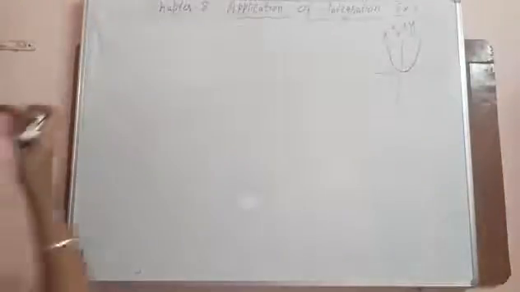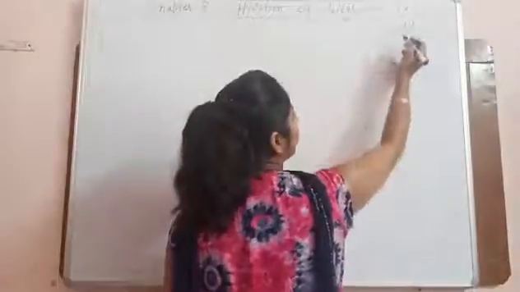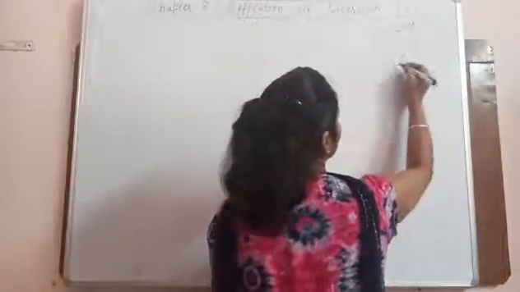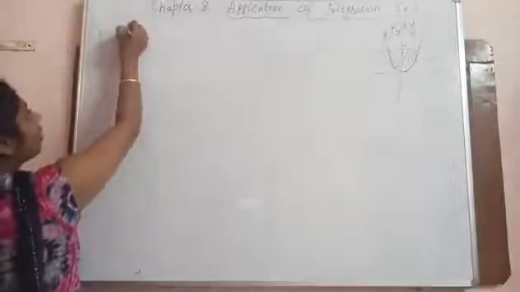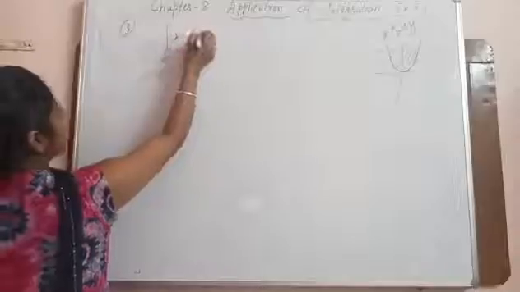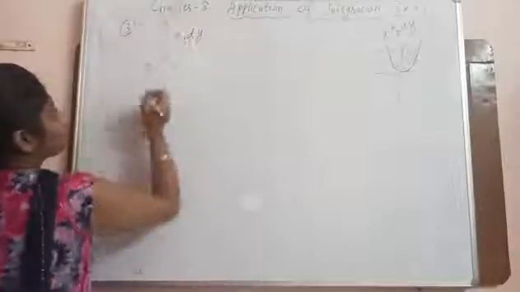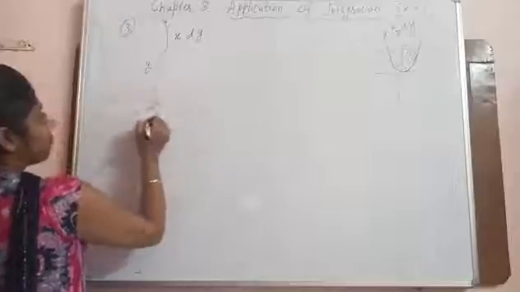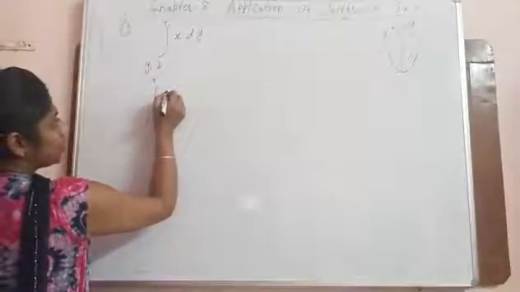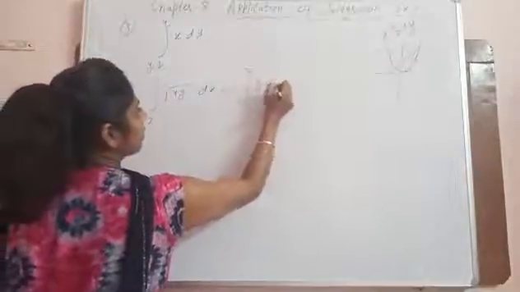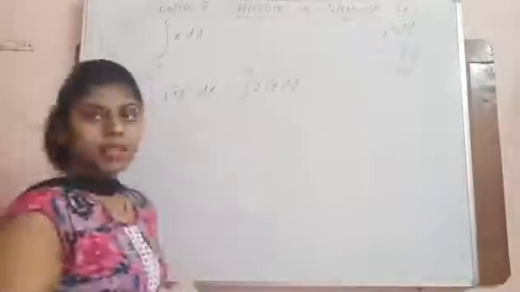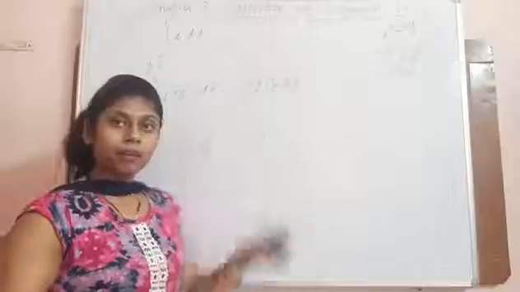Here, what will be the diagram? See, x square equals to 4y, upward parabola, y is equal to 2, y is equal to 4. In the first quadrant, we have to find this area. In this question, limits of y are given. So we will apply x dy. Y is from 2 to 4. We will take the limits of y. Value of x is root 4y. Root 4y is 2 root y. Next step, take the integration and put the limits, upper limit minus lower limit.